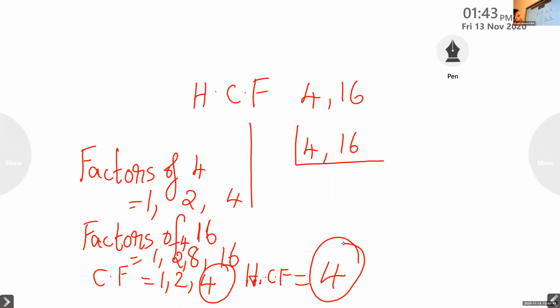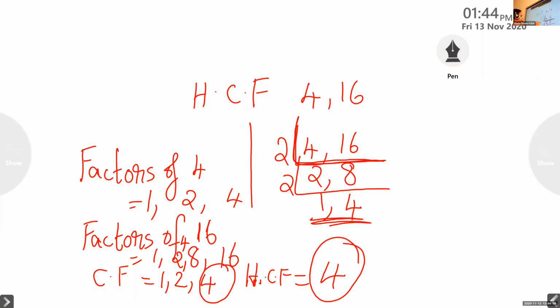Okay, children, 4 is the HCF. If you want to do it together with the division method, some children find this method easy. So we can do this faster. 2 times 2 is 4, 8 twos are 16. Again divide: 2, 1 into 2. 4 twos are 8. So for the highest common factor, children, we will not take this number.